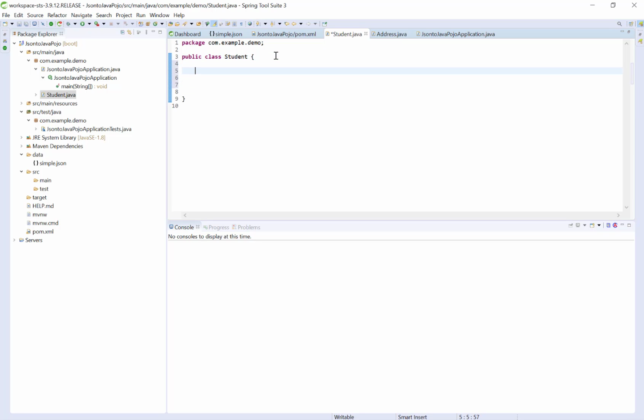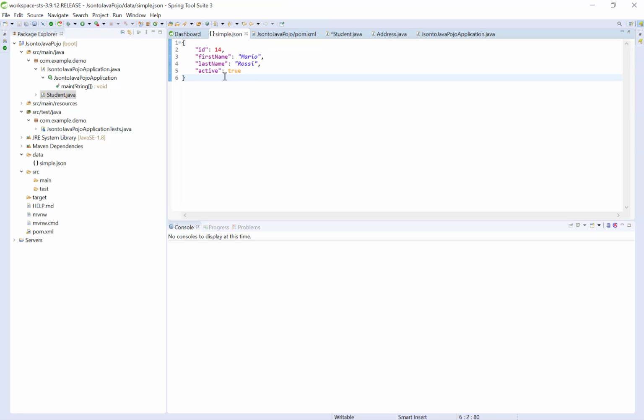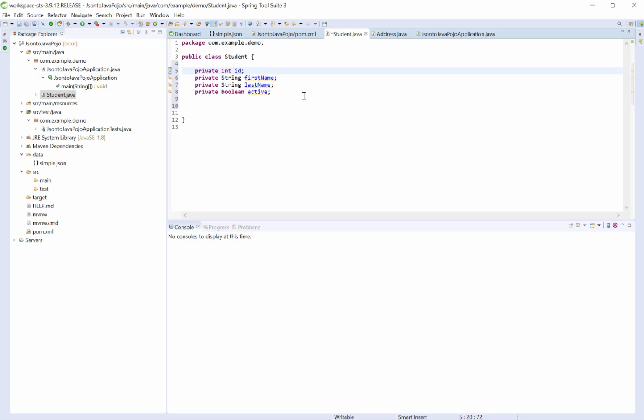Whatever fields are present in the JSON object, those same fields we need to create here. See here, I created 4 instance variables. In this JSON object we have 4 fields. The same I created inside this class also.